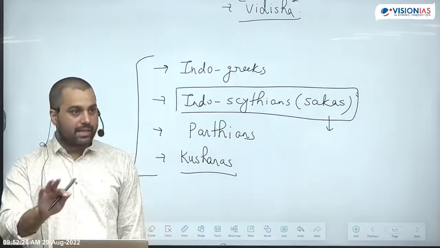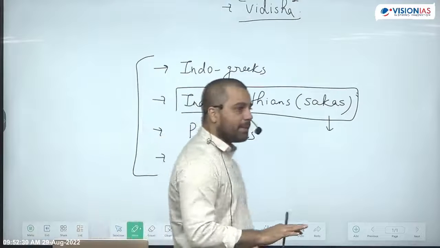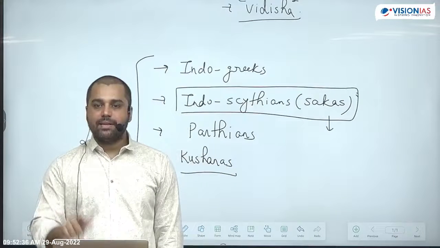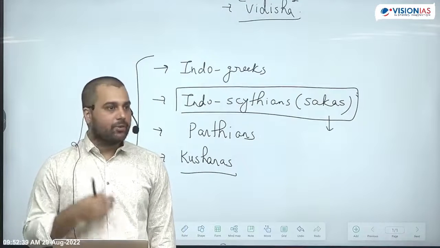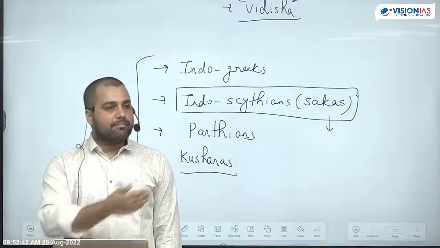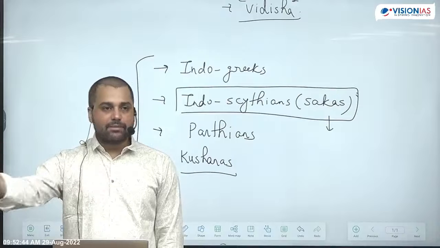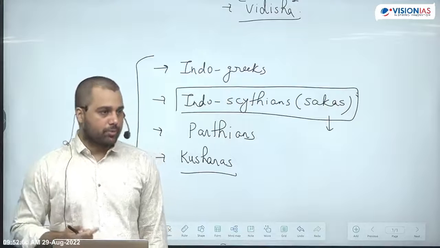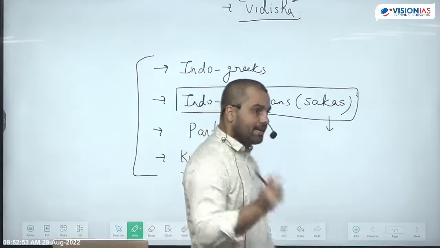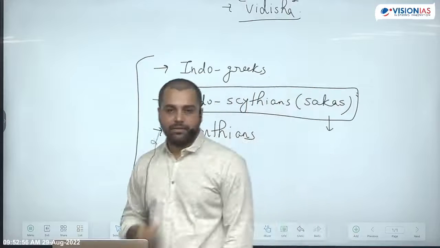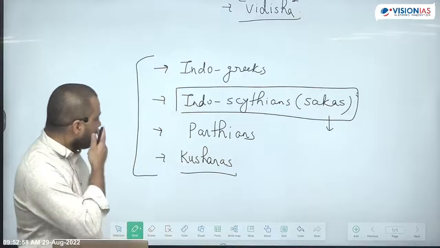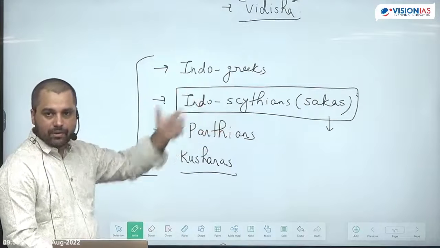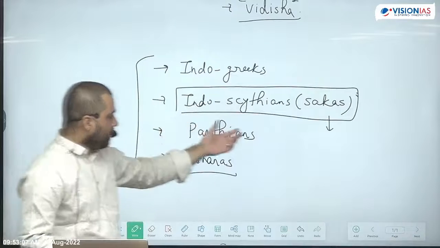Ujjain was occupied by Shakas, and one of the Indian rulers defeated the Shaka ruler and recaptured Ujjain. And after that he took the title of Vikramaditya. And after that many rulers across ancient as well as medieval India took this title of Vikramaditya. The most important is Chandragupta II from the Gupta dynasty, who, by defeating a Shaka ruler in Gujarat again, takes the title of Vikramaditya. Anyways, so Indo-Scythians, a nomadic tribe which settled in the northwest region of India, and one branch of that ruled